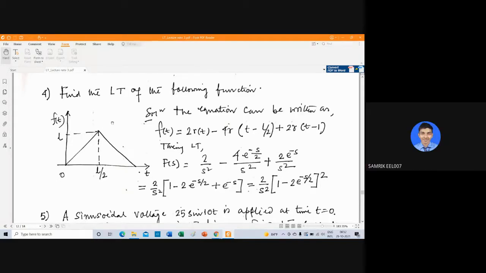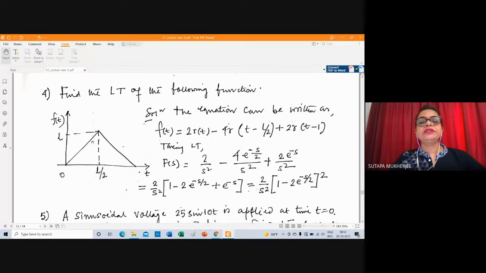Yes ma'am. So this is a simple ramp function. What will be the equation of this straight line? Basic idea. Y equal to mx. So what is m? M is equal to perpendicular by base. So what is perpendicular? Small l divided by L by 2. So it will give m equal to 2 into t. Because it is a ramp function, it is represented by rt. Basically, this is 2t. Plain and simple.